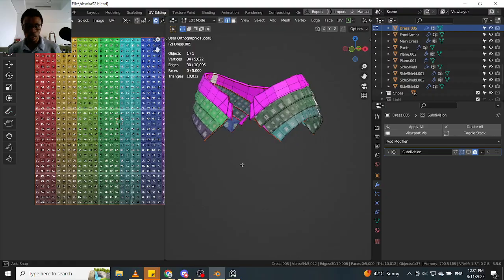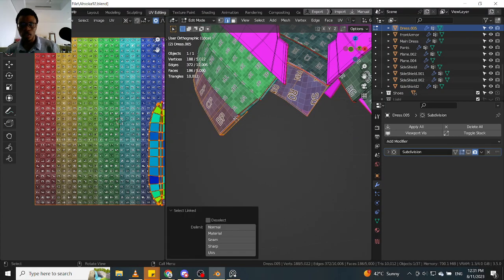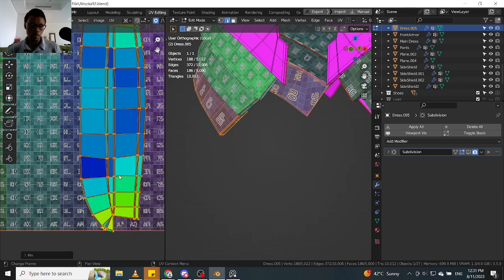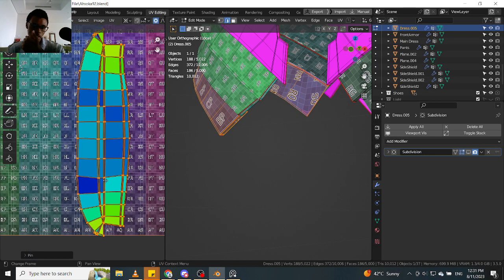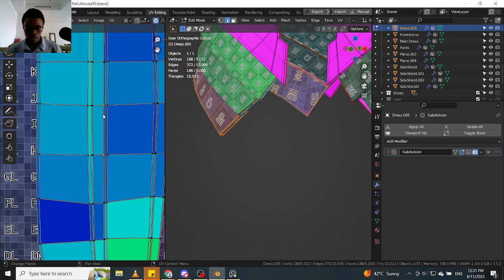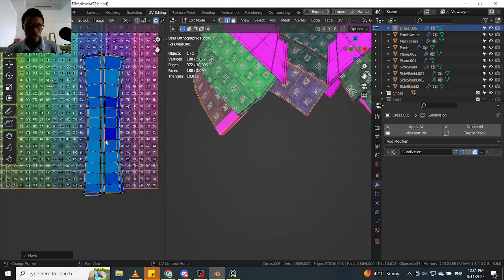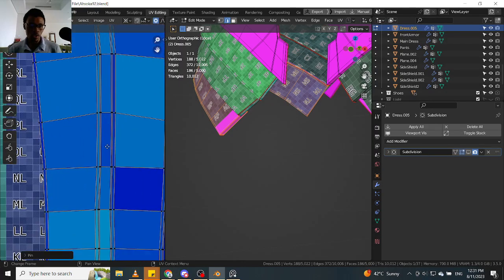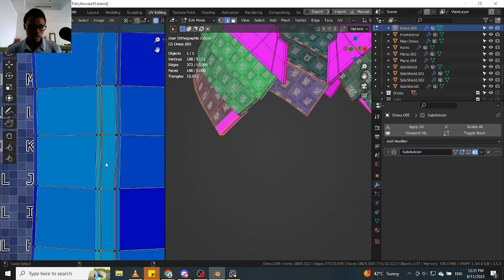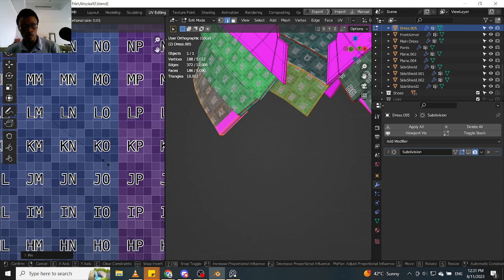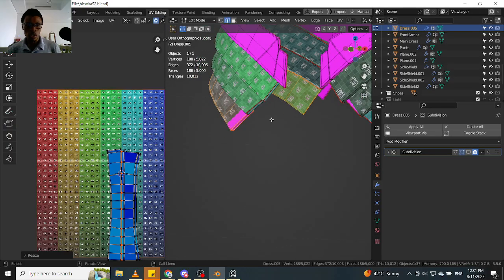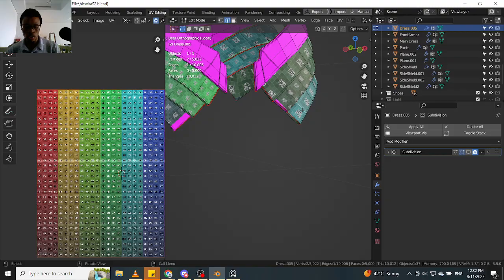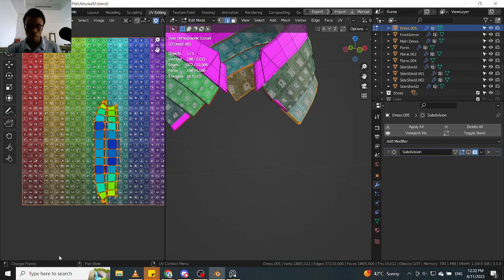Like the other day, I was watching some guy model in Cinema 4D, and honestly, when I look at it, the workflow is similar to how 3ds Max was. I know you could set up your own hotkeys if you wanted, but